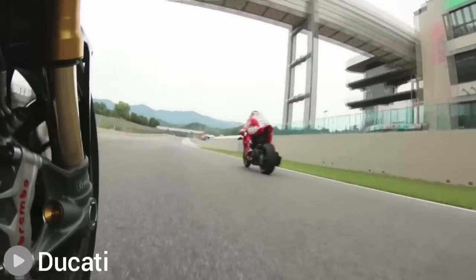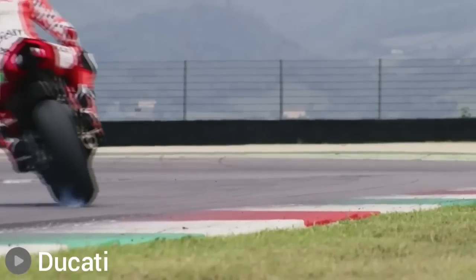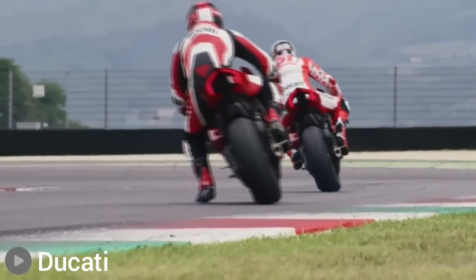To keep the insane performance in check, Ducati has equipped the V4R with a lot of electronic gizmos like the Bosch cornering ABS, traction control, slide control, wheelie control, launch control, bidirectional quick shifter, engine braking control, data analyzer with